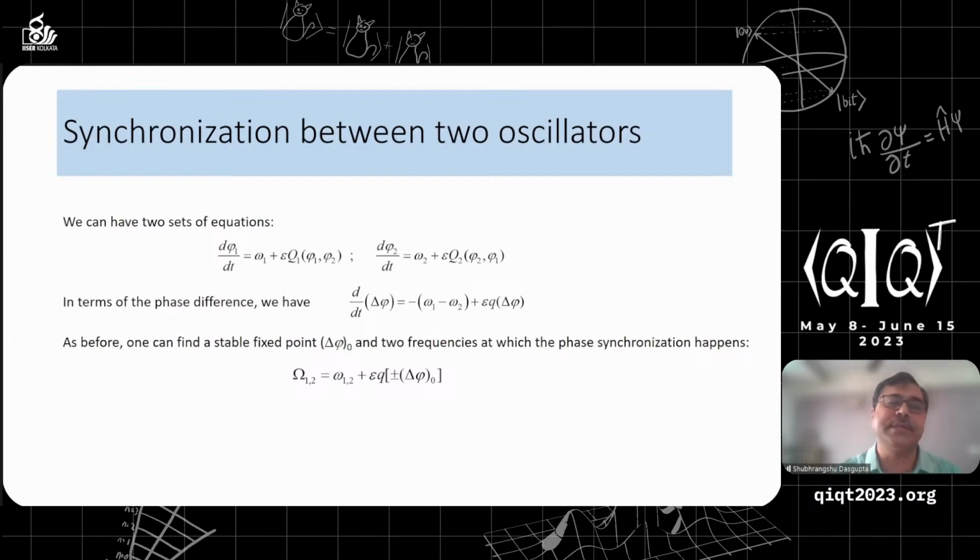Now, if I have two oscillators, what will happen? I can get two sets of Adler equations like that. In terms of the phase difference, we also can get a similar looking equation, where delta phi is the phase difference of the two oscillators, and omega 1 minus omega 2 is their corresponding detuning. And in fact, also we can find a stable fixed point, and there will be two frequencies at which the phase synchronization